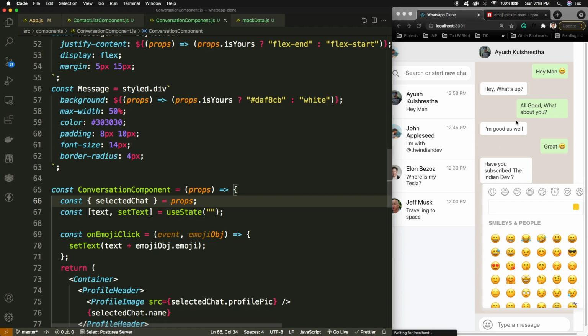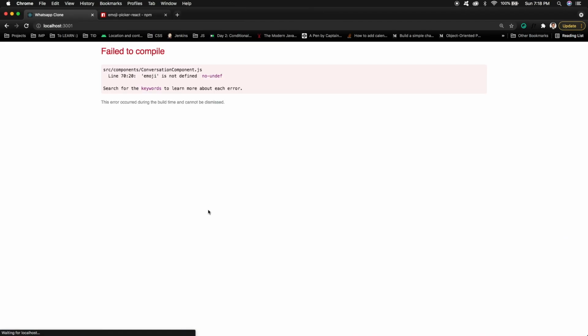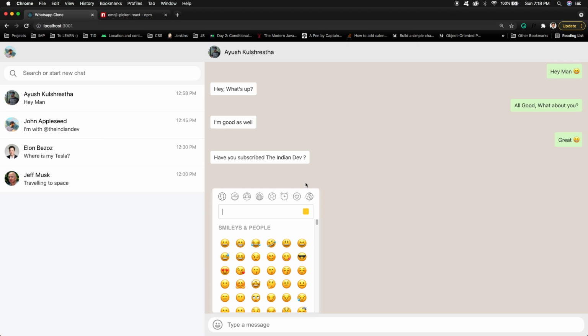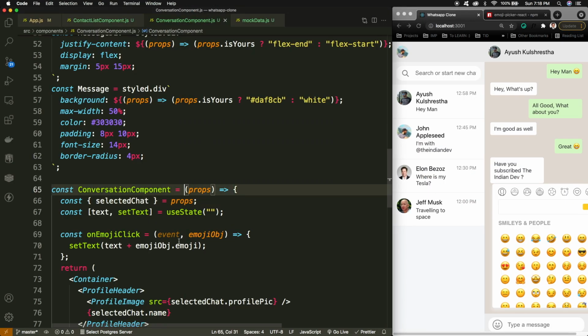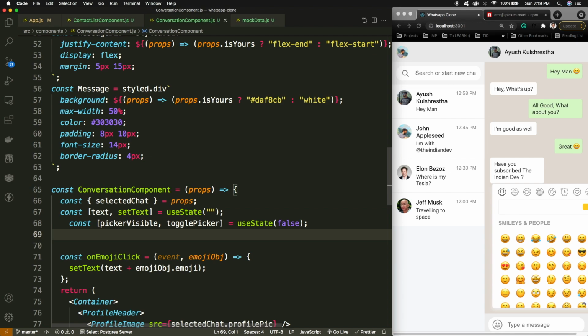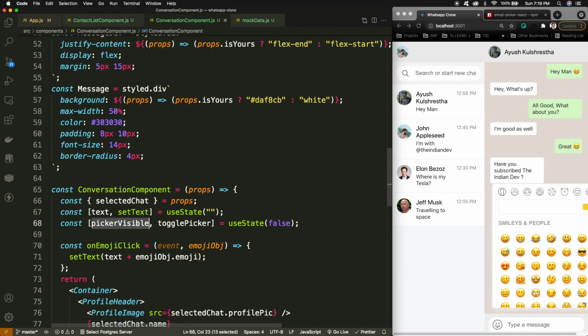And this way one more thing we can analyze here is the emoji picker is always visible, but I just wanted to make sure that we can toggle it from the click of this emoji icon. For that I'll be again having another state, and that state can be called as the picker is visible or not, and initially I will keep it false, that picker is not visible.